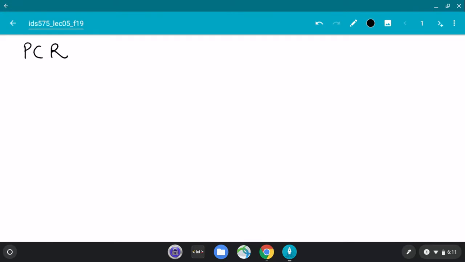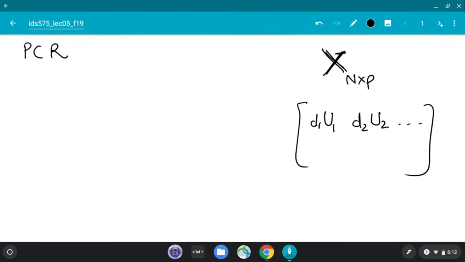Okay, so principal components are nothing but linear combinations of the input features, by which I mean I'm only thinking in terms of the data matrix, because we are trying to build a model. So this is a data matrix, which is n cross p, right? Remember in subset selection, we try to drop some columns here. It essentially means setting the beta hat for that feature to be 0, right? So in principal component regression, we are just trying to come up with some principal components, which I will literally write as d1 times u1, d2 times u2, and so on. Okay, this is also going to be n times p. These are called principal components.